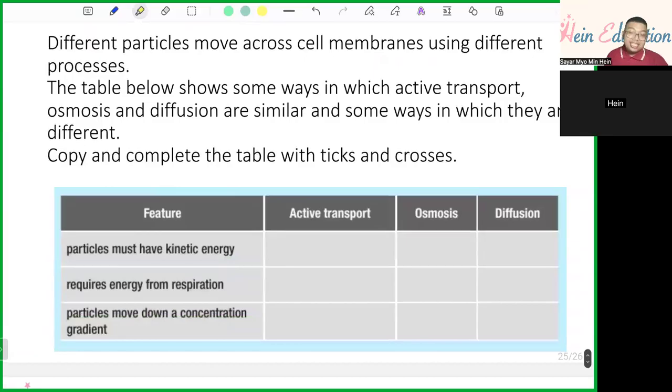And lastly, this is another good exercise that I hope helps you check whether you understand the concept really well or not. For this one you have to use ticks and crosses to answer the question. There are active transport, osmosis, and diffusion, and they give you some features, and then you need to decide: if it is correct, you put a tick, and if it is not, you put a cross. So that's all for today's video, and this is all about the three different types of movement: diffusion,